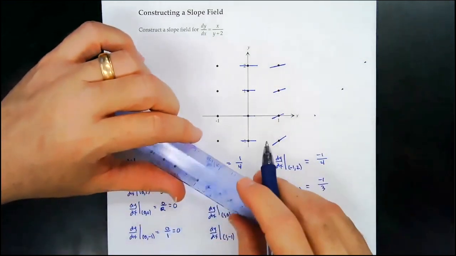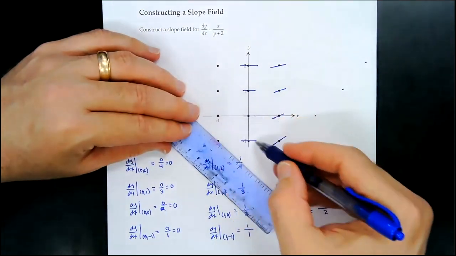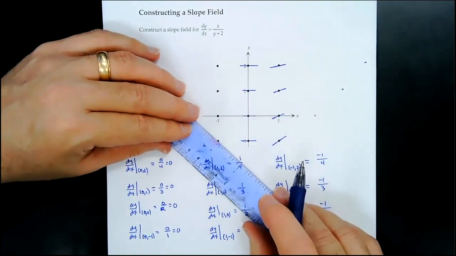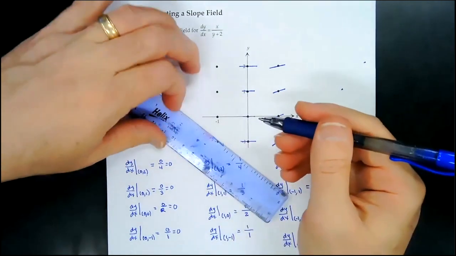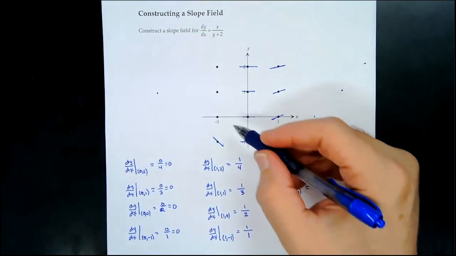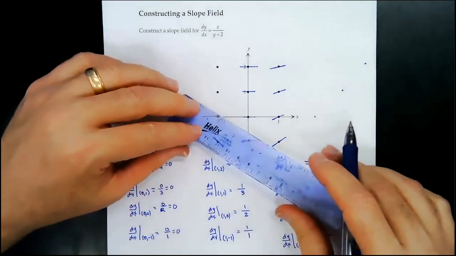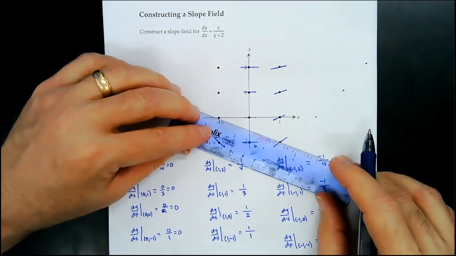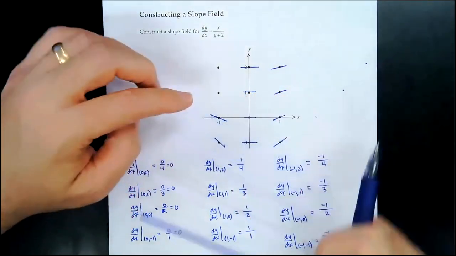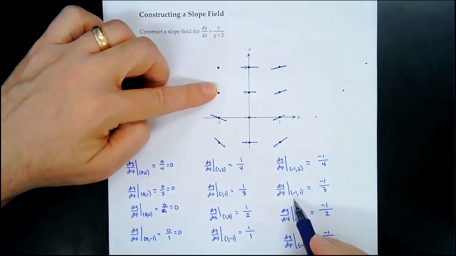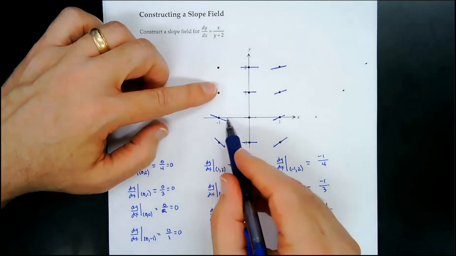So once again, you've got to be kind of parallel to this right here, because these would be a slope of 1. Okay. And so we're going to draw that. Okay. And then we're going to go down 1 and right 2. Okay. So we could line these 2 points up and draw that one. And then right here at the point -1, 1, we're going to go down 1 and right 3. So down 1 and right 3,